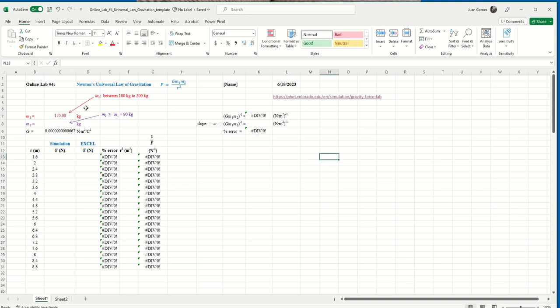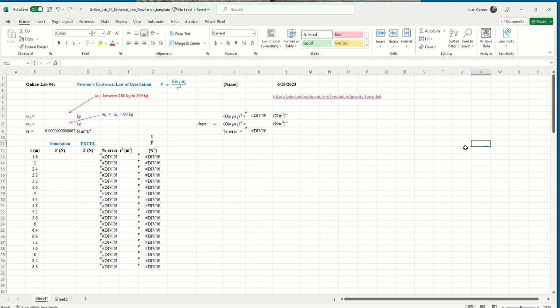Okay, so I'm going to choose M1 to be 170, and then 90 to 260. I'm going to click outside. Now notice what happens when I enter those values in for M1 and M2. Watch what happens to cell